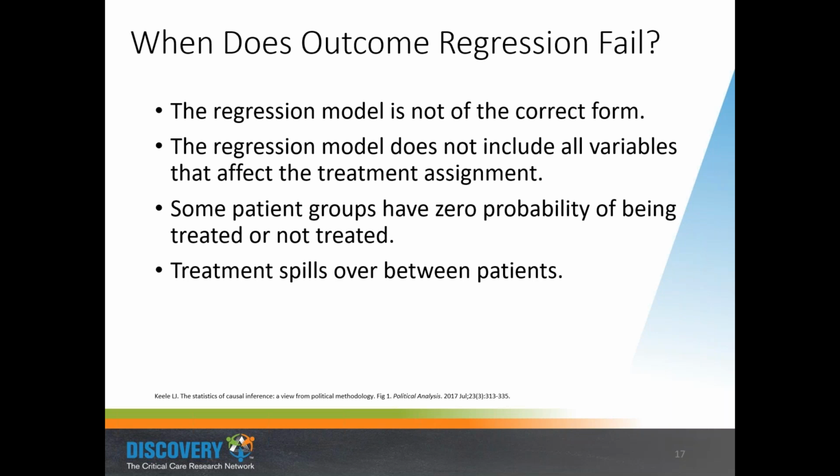And also, if the treatment spills over between patients, this is actually a general problem. Like if you have a vaccine study where the outcome is a patient gets a disease, well, you have a herd immunity effect from the vaccine, that if one patient gets treatment, that actually decreases the likelihood that another patient will get the disease, because it stops the spread of the infectious disease. And so those cases where there's network effects are very hard to deal with in general.